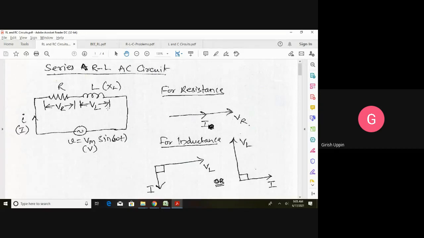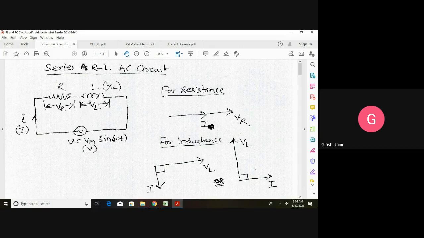In case of a DC circuit, it is very simple because DC is a scalar. But in case of an alternating voltage, it is a phasor. So it has a magnitude as well as an angle. It is not a simple algebraic sum. It is like a phasor sum. Now this applied voltage V gets dropped across resistance that we represent as VR, capital V and suffix R. This is nothing but the RMS value of the voltage across the resistor. VL is the RMS value of the voltage across the inductor.